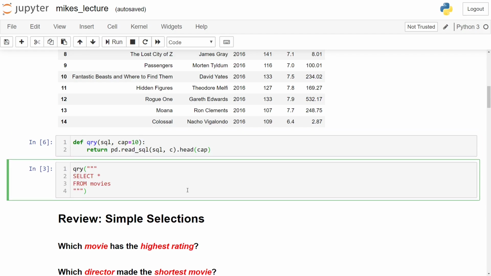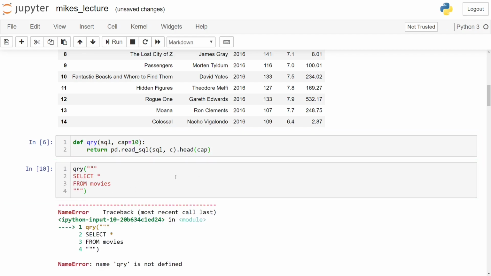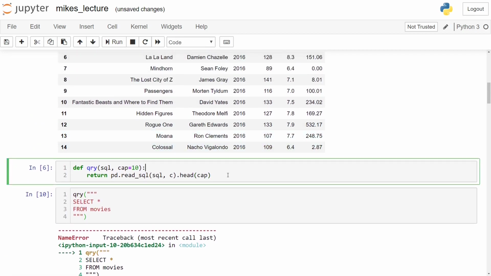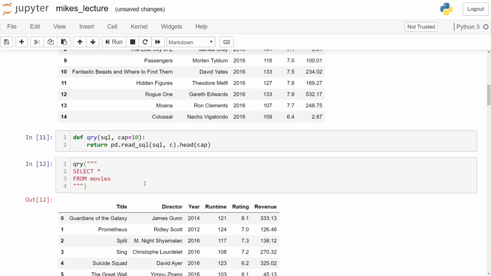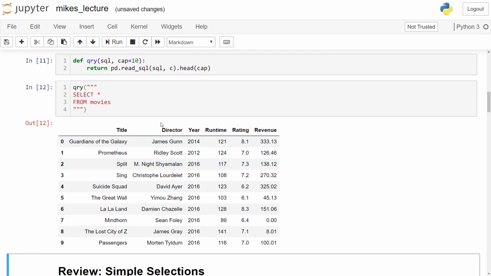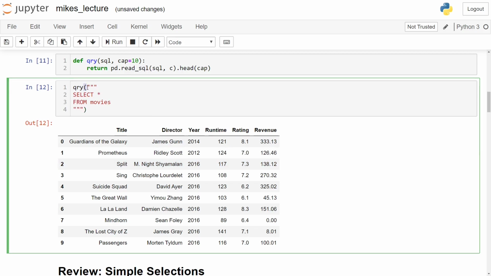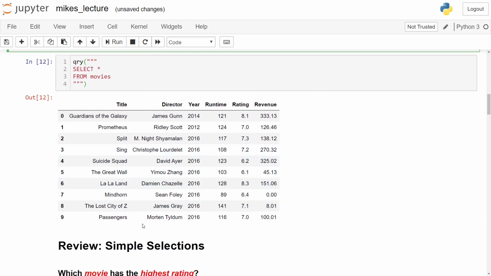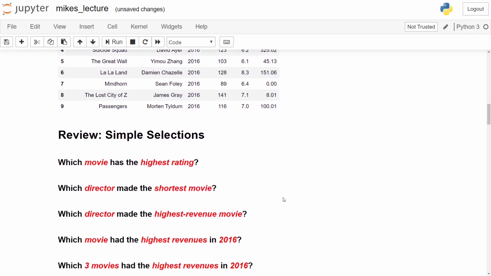So let me just demo that. I'm going to just use the query function. Whoops, I just forgot to run the cell. Run that cell. Now query is defined. I can run this. And now it's just going to do the same thing, except using the function. It's going to return all the columns. The query string for the SQL command is the one I'm using here. And I'm using the default value, so it's only giving me the first 10 rows of the database. All right, that's all that's doing. All right, so to quick review